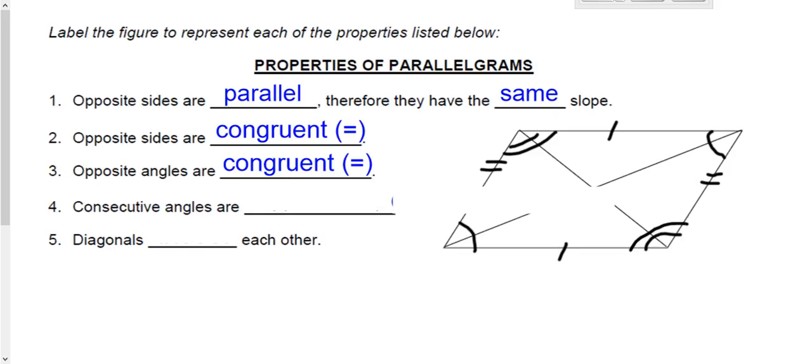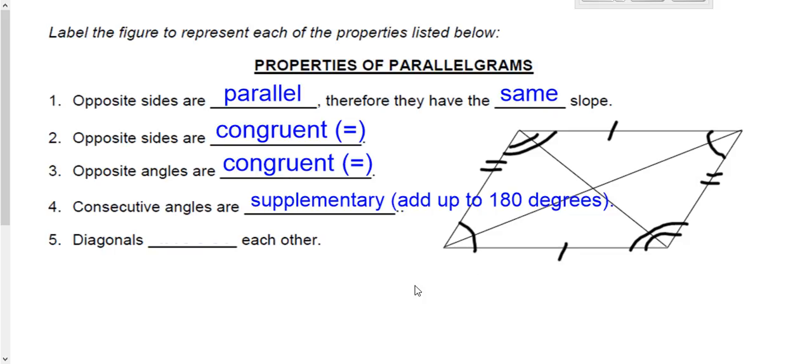And then we get two consecutive angles, one right after next to each other, are supplementary, which means they add up to 180. So if I took this 1 mark angle here and this 2 mark one right here, they're consecutive, one right after that. They're going to add up to 180 every time in a parallelogram. Same with this one and its consecutive one. These two add up to 180. And you can go around. If they're right next to, or side by side there, consecutive, they're adding up to 180, whereas opposites are congruent,